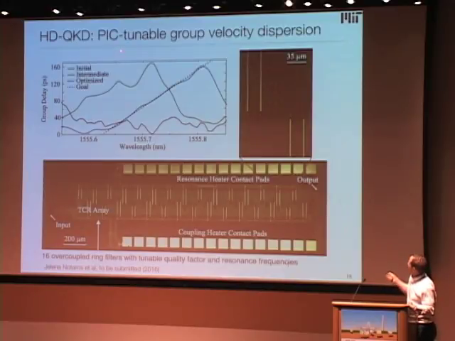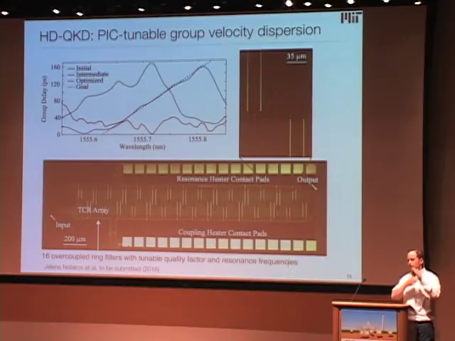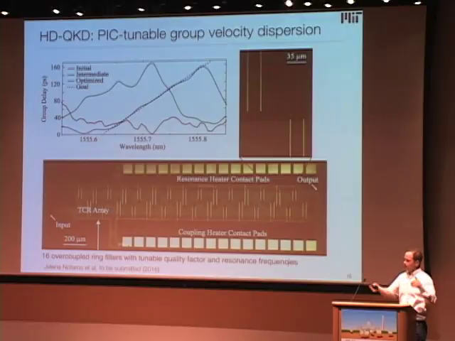So here's one of these components. I was just talking about how high-dimensional QKD uses measurements in two possible bases. Either you measure a photon directly in time, or you first send it through a dispersive element that spreads it out in frequency. Turns out we can do that on a photonic circuit, and what this is here is a